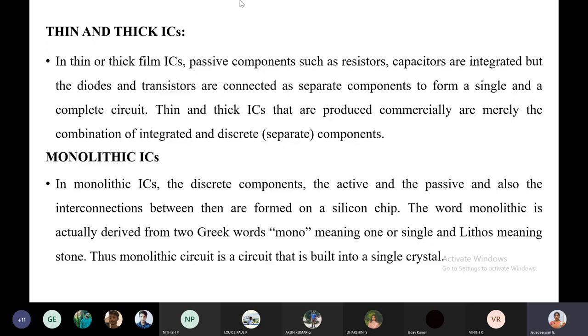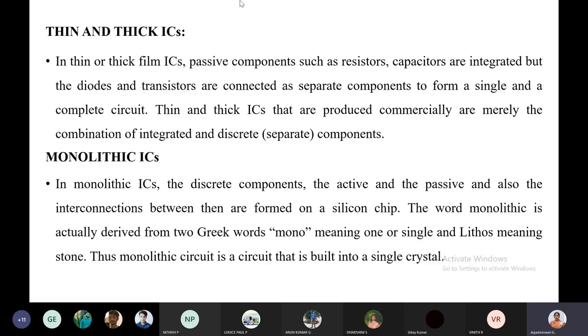The types of IC, in the sense based upon the techniques and the method, we have some types. That is what you have to list out. These three types are nothing but the types. The type and the classification are both different. Other than these, we have so many types. The integrated circuit is further classified into 3 types: analog, digital, and mixed signal. Some types of ICs are available nowadays: analog, digital, and mixed signal.